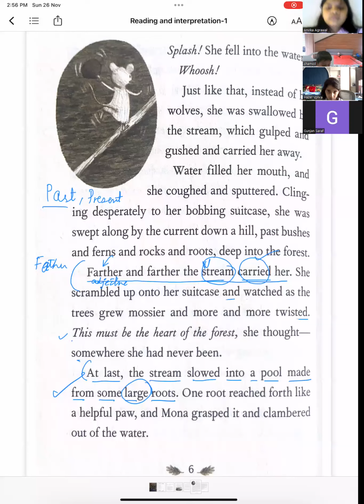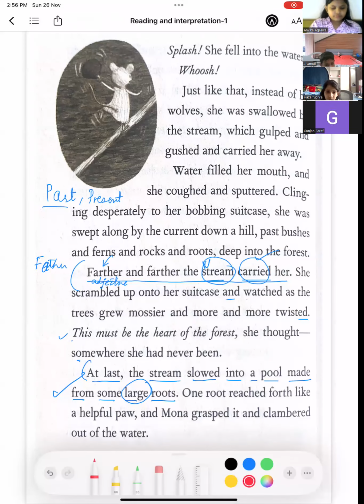Water definitely, even if it's a river flowing by, and geographically, if we try to understand, it definitely gets collected somewhere. People have reservoirs, they have dams where they collect water. Similarly, here the water is getting collected somewhere. One root reached forth like a helpful paw. Okay? If you try to imagine,